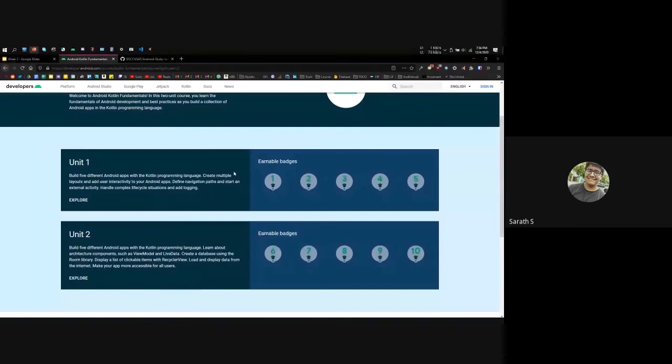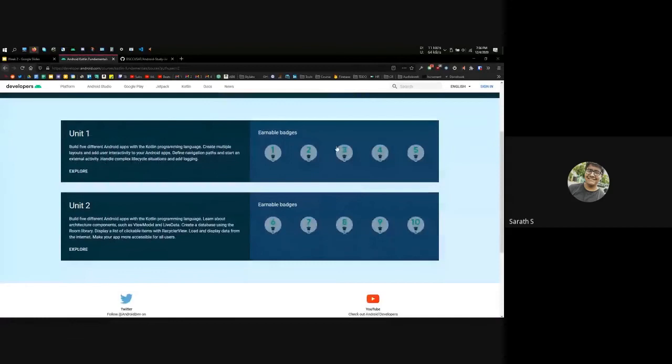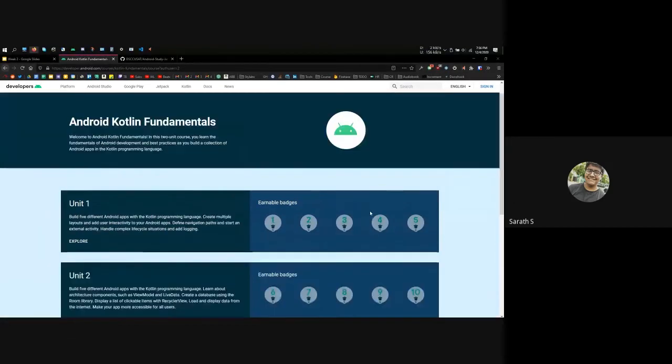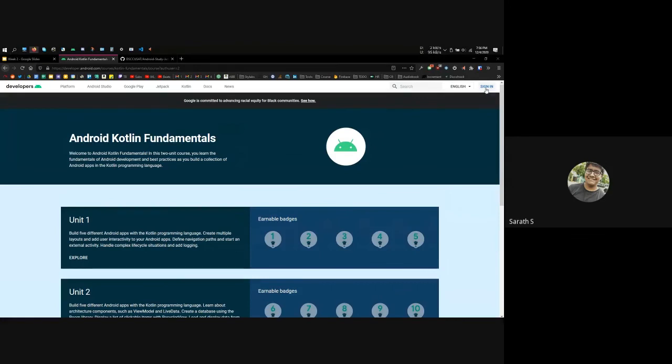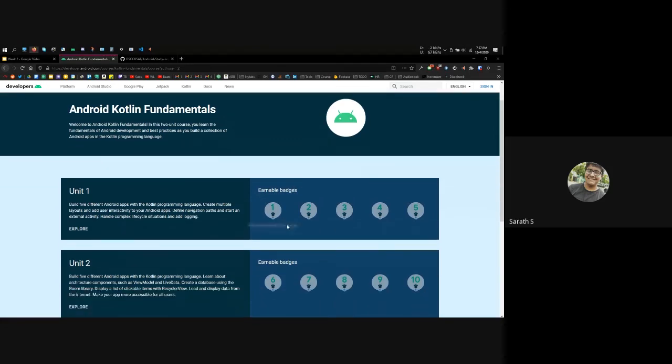And yeah, after you complete this course, all the courses, we just need a screenshot of all the badges. You get badges from completing these courses in your Google Developers profile. You have to sign in. So just need a screenshot of that, and an app that you developed, right? So try building apps. Do the dice roller app. When you complete unit 1, you get the dice roller app. They also provide a quiz app as well, so you could look at that.